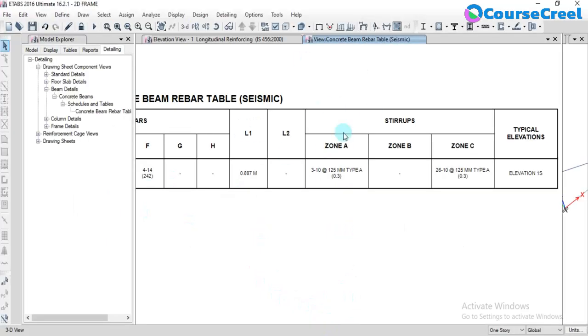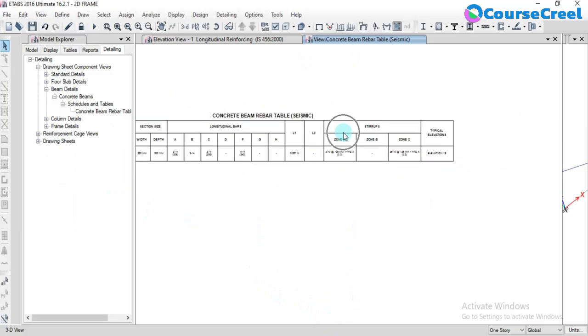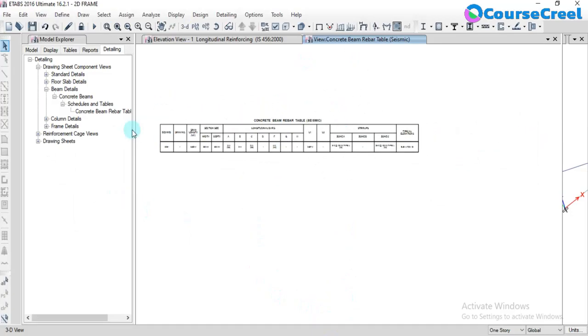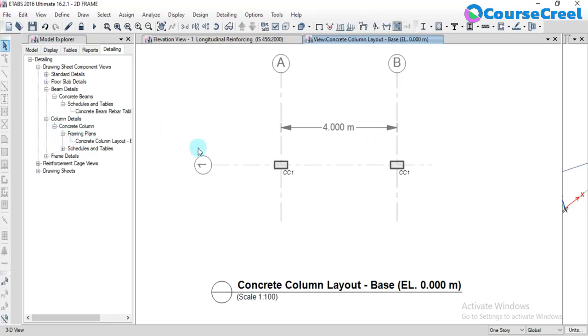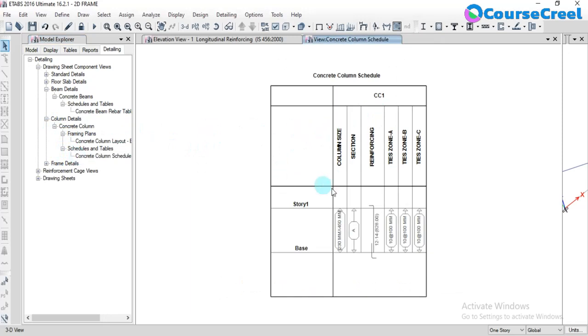In this way we can see the detail. This is just an example, and after some videos I will be showing one detailed example. There we can learn all these things. And in a similar way we can go for the column sections also. Just going to the frame plans, you can go for the concrete top view, and you can go for the schedules and tables. You can find the column sections, I mean